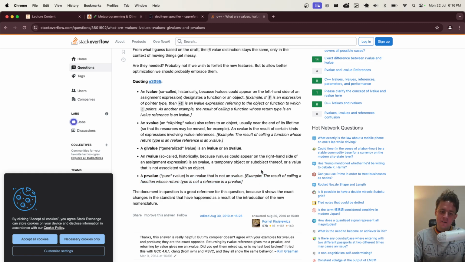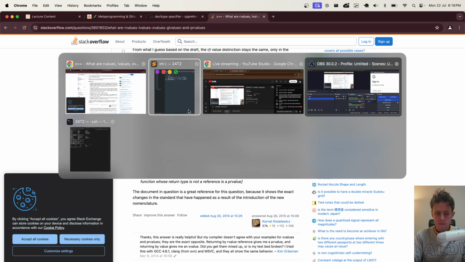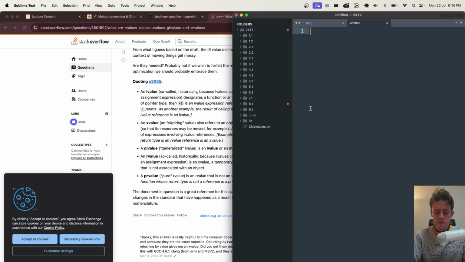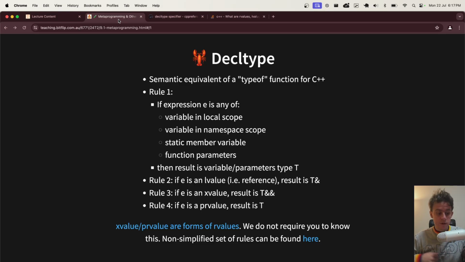Now, I couldn't tell you right now to give you some good examples about the differences between the two. But what I can kind of tell you, just to help you out, is if we have a function here, like, what's an example? Void blah. When they talk about things like an expiring value, if I create a variable called I there and I return I, obviously, sorry, that's an L value, then what they get into is, when we talk about expiring things, obviously 5 is an R value, but it's not going to exist for very long in theory. I don't want to use that particular example because it gets into the literal sense. But the point of all that is don't worry about all of that because it's really complicated.